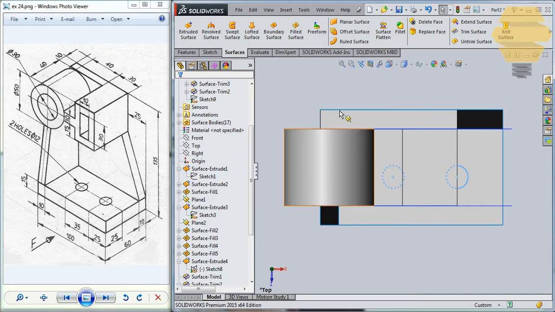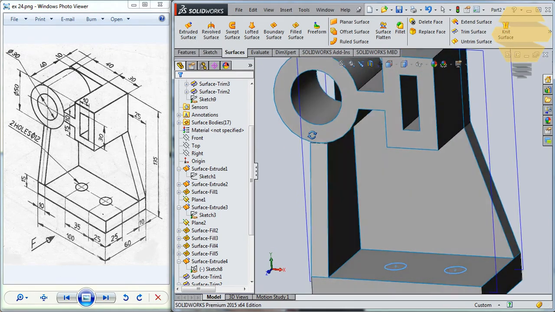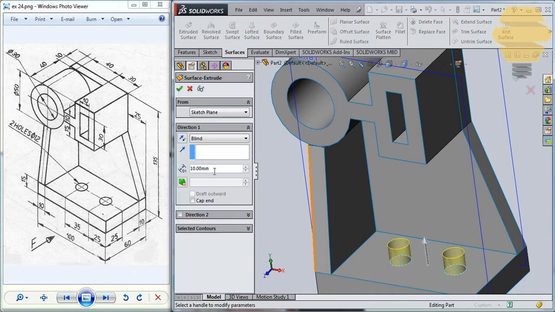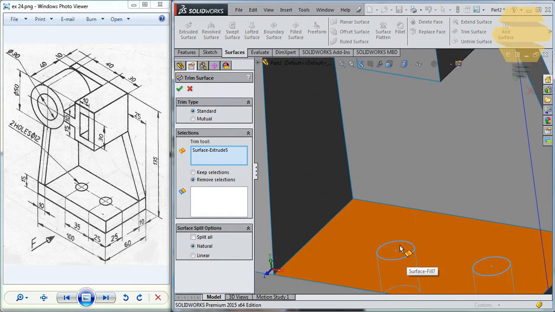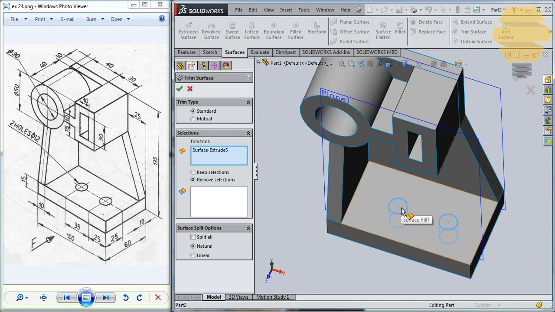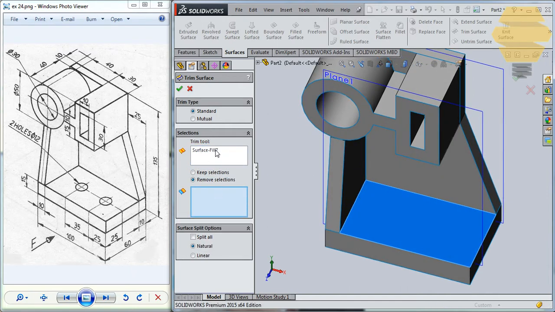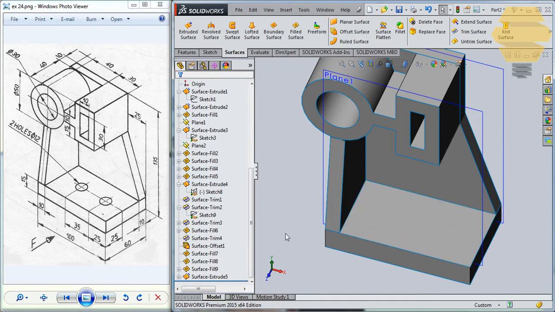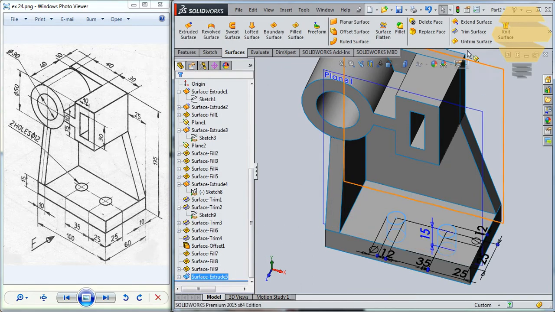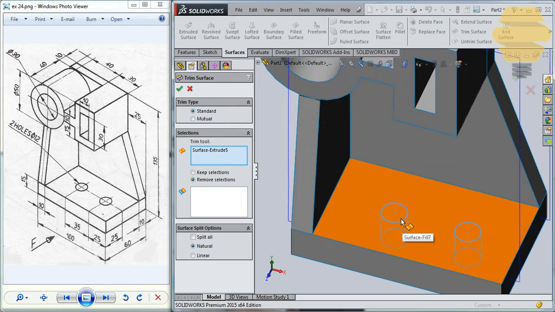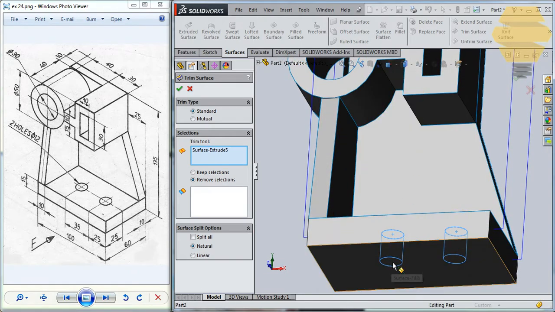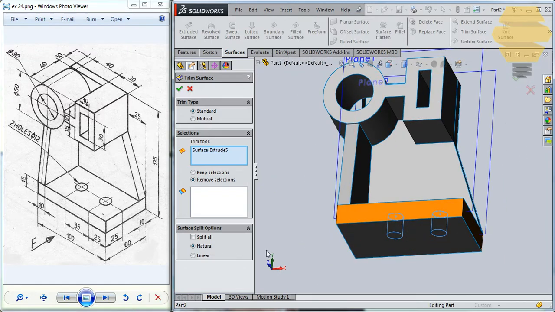Exit sketch. You can go for surface, you can go for extrude surface, reverse direction, reverse with a distance of 15. Alright, now let's select that surface and then go for trim. We'll just try to do that once again. Surface extrude, go for trim, remove selections, we should be able to select